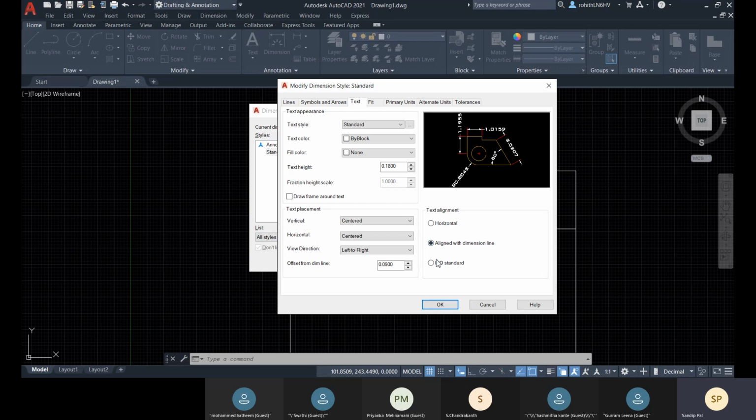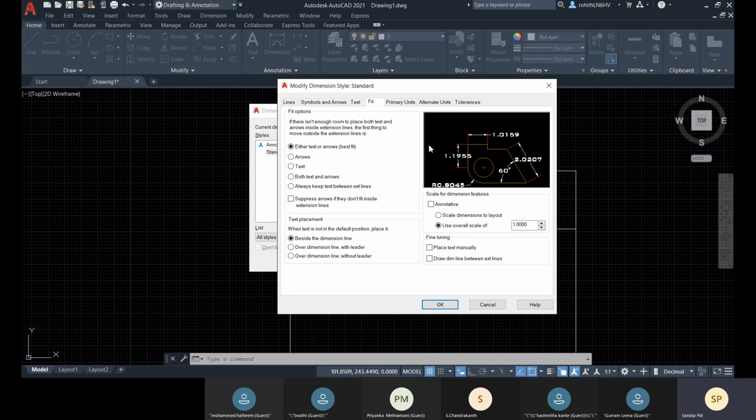If it is vertical, it will align with the dimension line. If it is angular, you will see your text at that angle. So it is like that. And there is an ISO standard, so you can go for that. I'm working with horizontal right now.